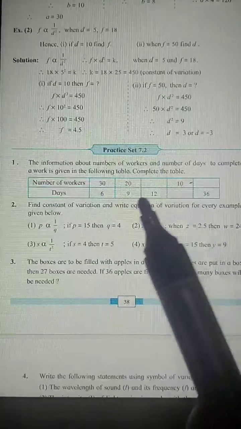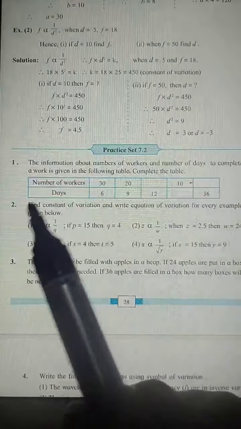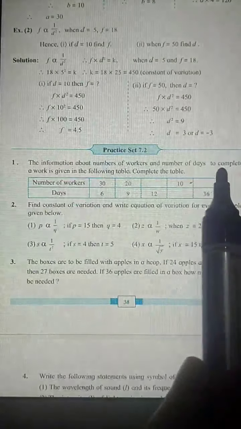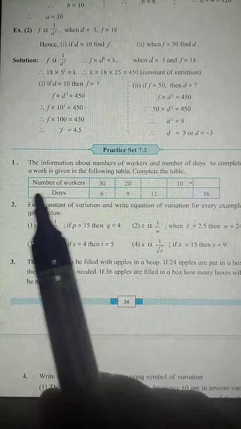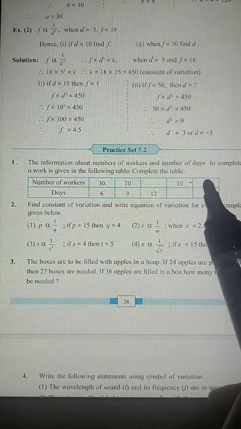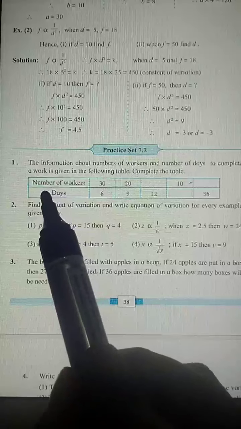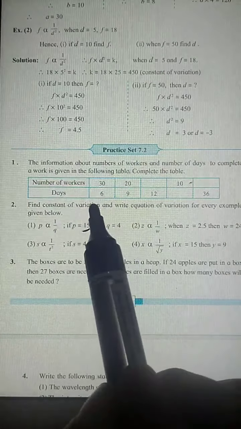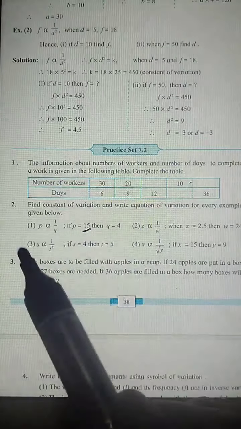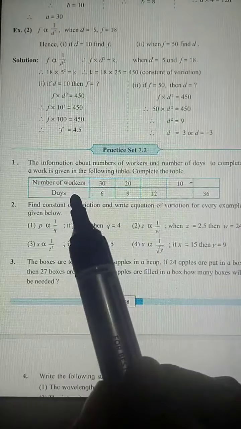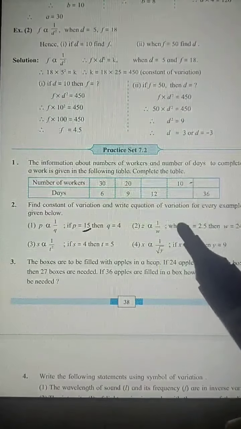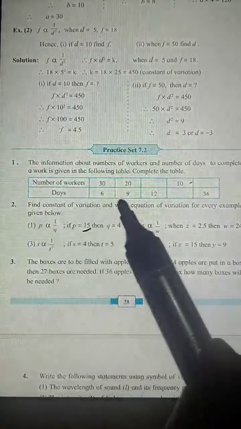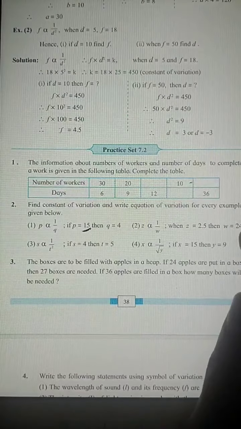Once you get the constant, you will get the equation. Now here, they are not asking you to write the equation. They are just asking us to complete the table. So this table, you draw it in your book. Let us consider number of workers as x and days as y, otherwise we will have to write number of workers and days again and again. That is why we are using this way of solving sums, the variation method. So that we will write as introduction. Let's start.